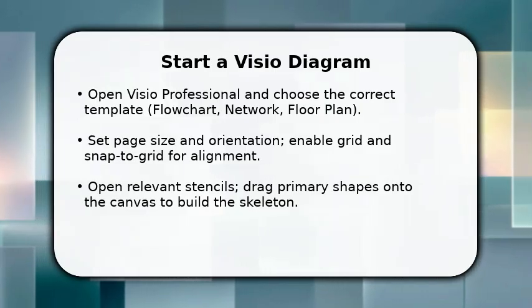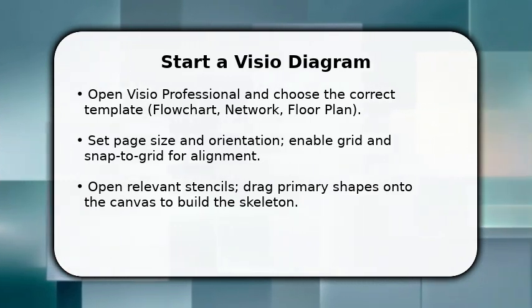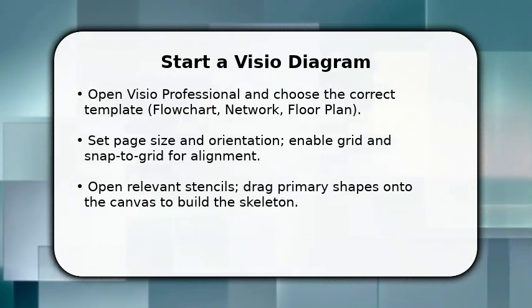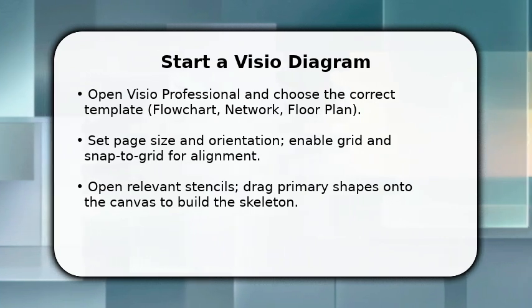You begin by opening Visio Professional and selecting the template that matches your deliverable. Pick flowchart, network, or floor plan. Once chosen, set page size and orientation to match printing or slide dimensions, and enable grid and snap to grid